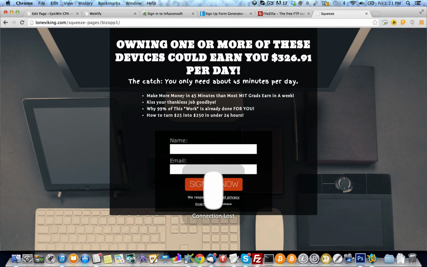So we have bizop, oh sweet, my mouse has been giving me issues, so I don't know what's going on with it. I just put new batteries and you know how technical stuff is. Anyway,